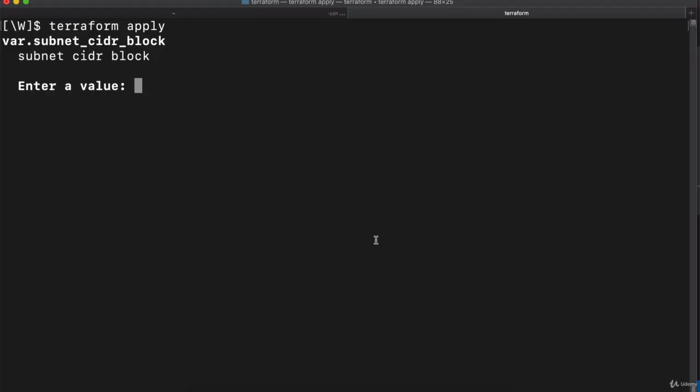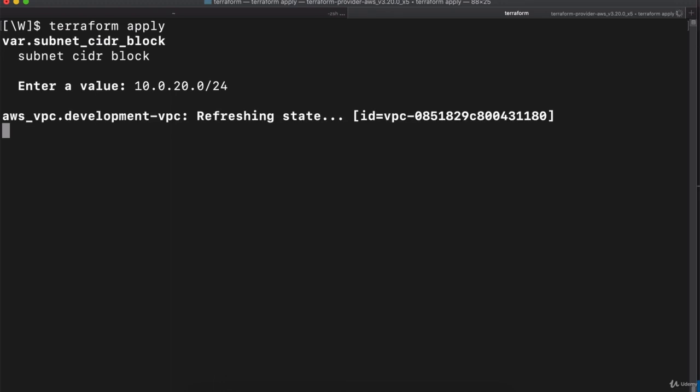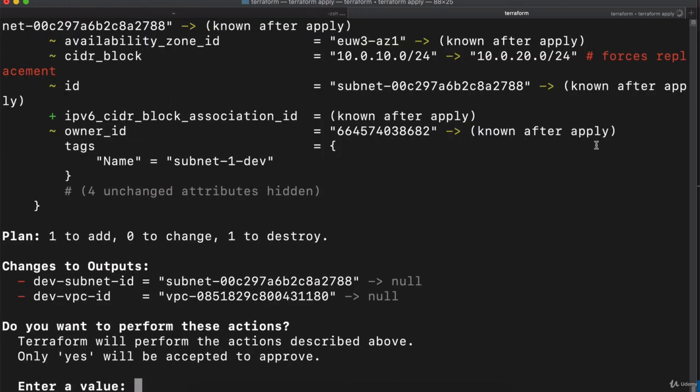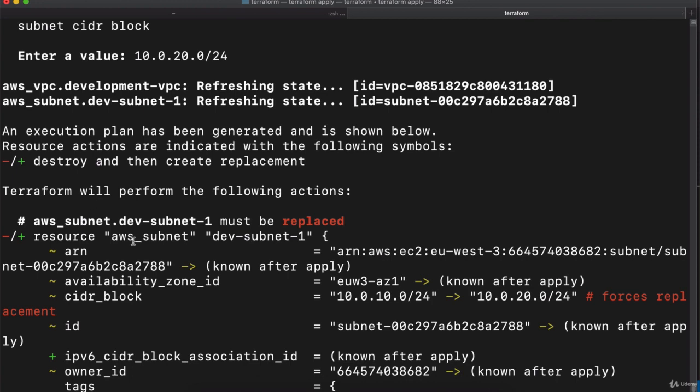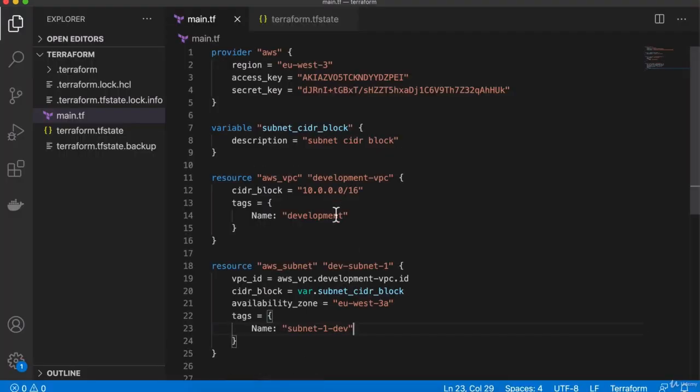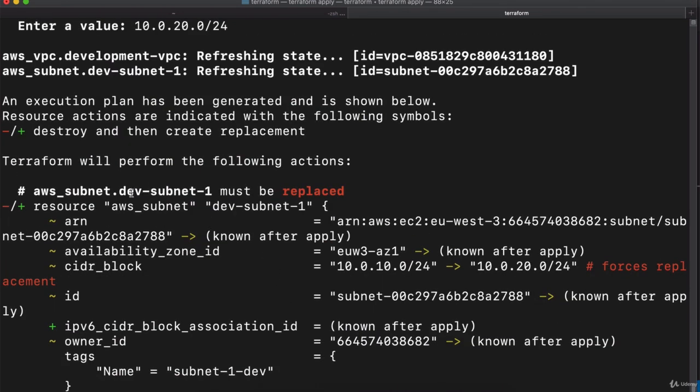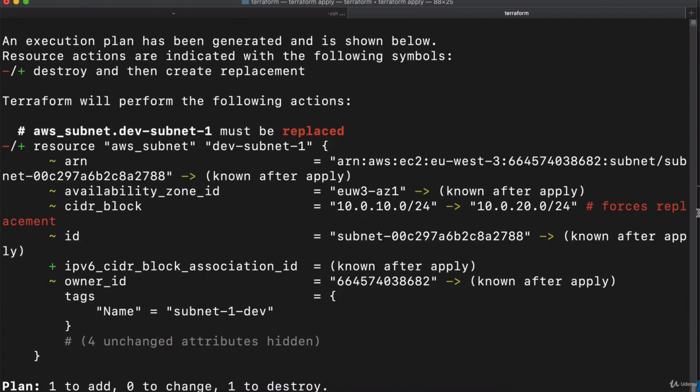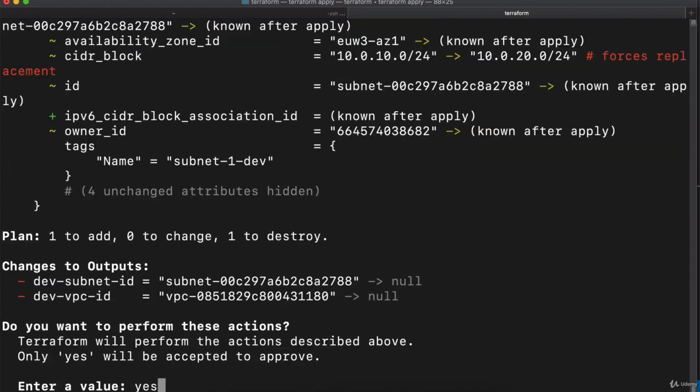Let's actually do 10.0.20. And here you see the changes that will be made because we actually have both of these resources, VPC and subnet, existing. So we are making a change to the CIDR block. So what we see in Terraform output is that the subnet will get removed and then recreated because we are making change to the CIDR block. And if we do yes,